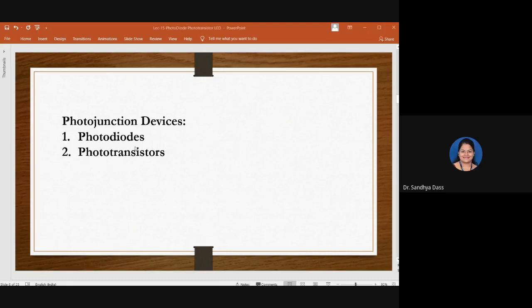Broadly, there are two types of devices there, photodiodes and phototransistors. Photodiodes, you are already familiar. They are basically PN junction light sensors or detectors made from silicon semiconductor PN junction, which are sensitive to light and which can detect both visible light and infrared light levels. So photo junction devices are specifically made for sensing light, and this class of photoelectric light sensors include photodiode and phototransistors as listed here.